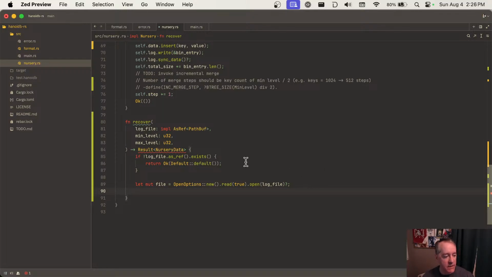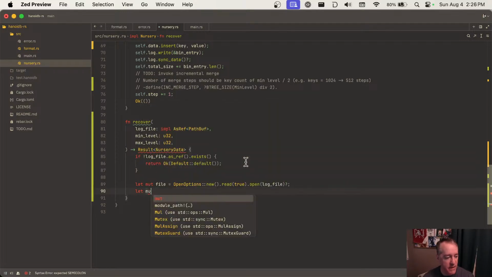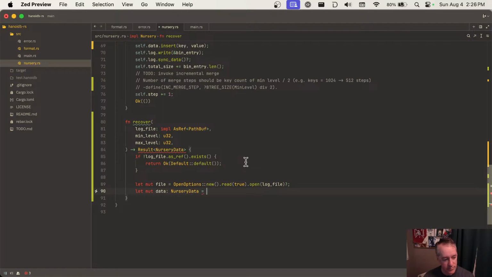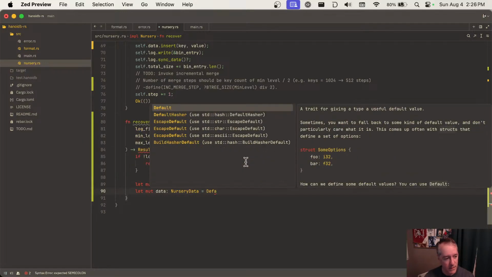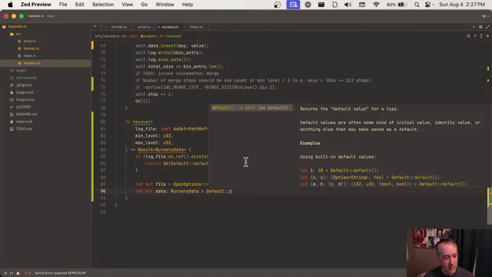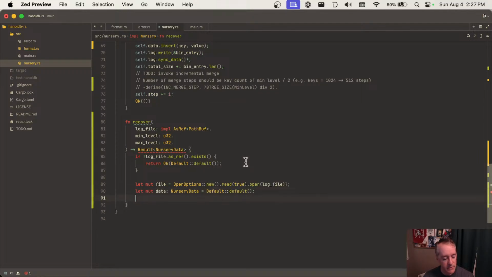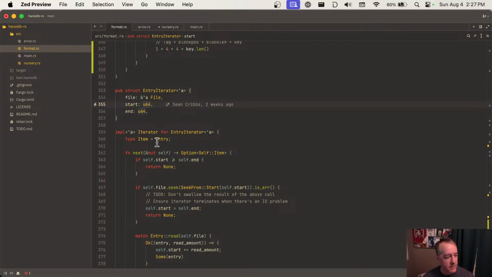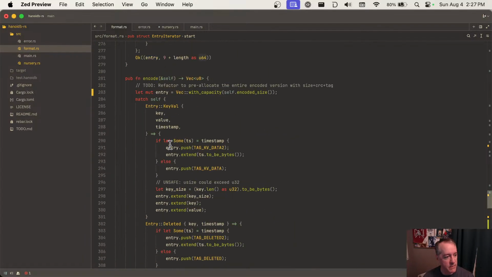Okay, so now let's make a, we're going to make something to put it in. And then let's do, so this entry read